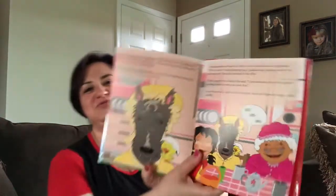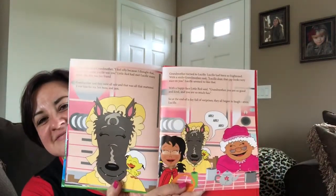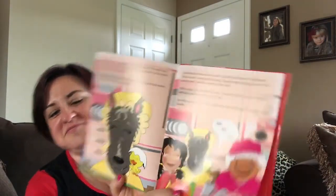Grandmother turned to Lucille. Lucille had been so frightened. With a smile, Grandmother said, Lucille, dear, that cat looks very nice on you. Lucille seemed to like it. With a happy face, Little Red said, Grandmother, you were so good and kind, and you were so much fun. So at the end of a day full of surprises, they all began to laugh, even Lucille. The end. And then in the back it says, if you like the book,